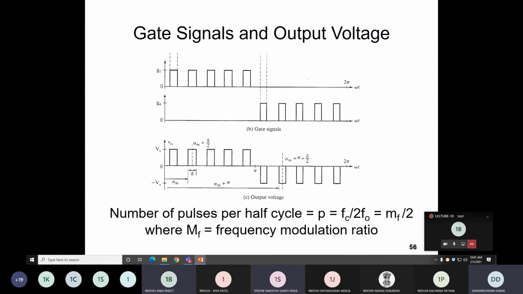So ultimately your THD is less. Our aim is to reduce the harmonic content in your output. If you observe, in the single pulse width modulation technique or square wave, we get the total harmonic distortion around 48%. But in the case of multiple pulse width modulation, you get a THD less than this. So you require less filtering. That is the advantage of using multiple pulse width modulation.